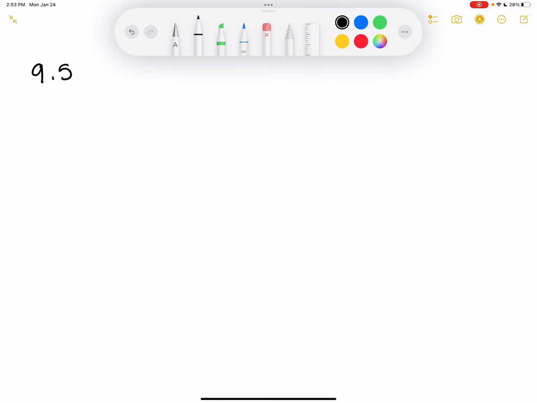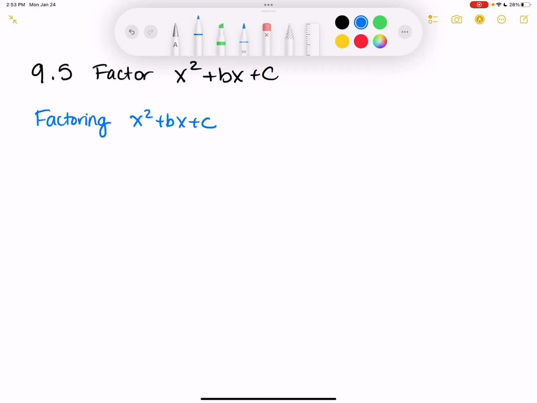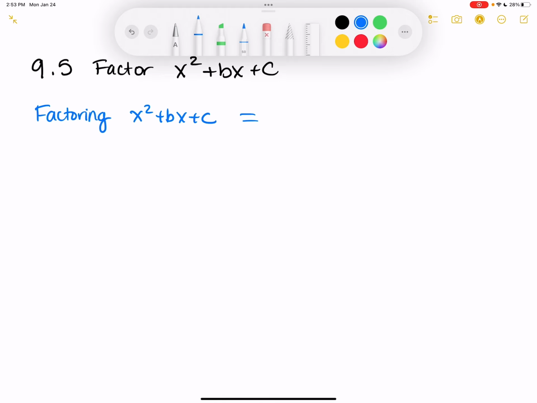9.5, factor x squared plus bx plus c. So, factoring x squared plus bx plus c, what does this look like? It is something like, or it factors into, okay, this would be equal to